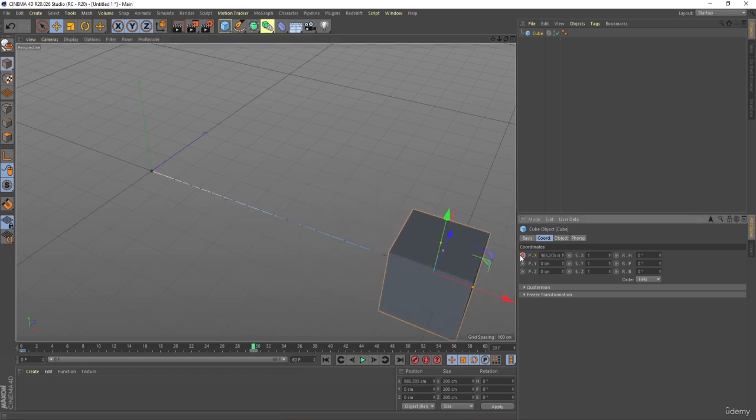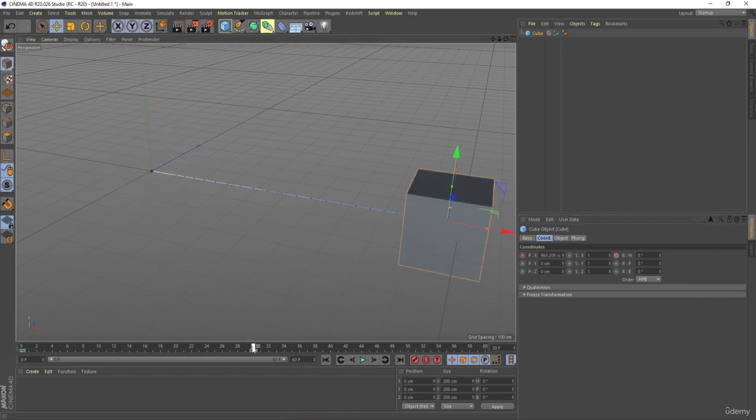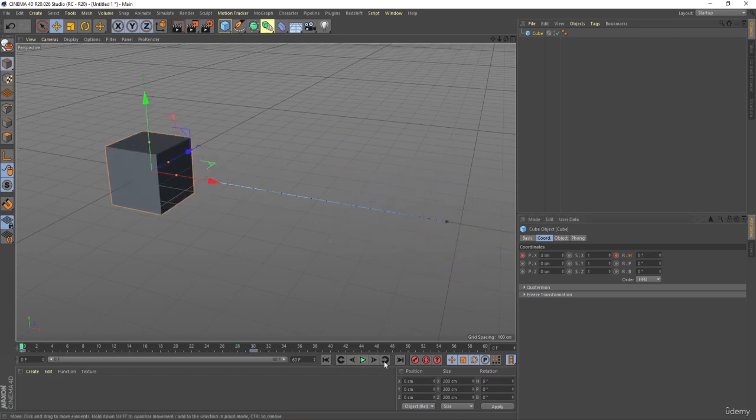I'll create another keyframe. Then I'll go to the start again at the initial keyframe. And suppose I create one keyframe at X rotation and I'll go to the 30 seconds, I'll make it 360 rotation, which I mean 360 degree, not 360 rotations, which means one rotation. And I'll create another keyframe. Okay, like this. But now what you need to do, if I want to increase the duration of position animation,